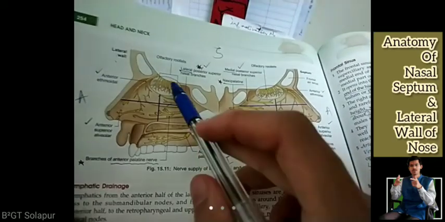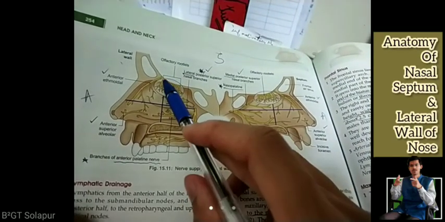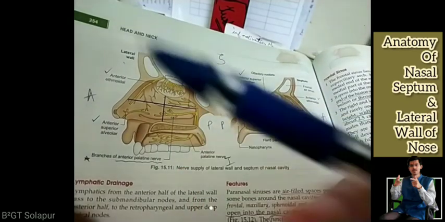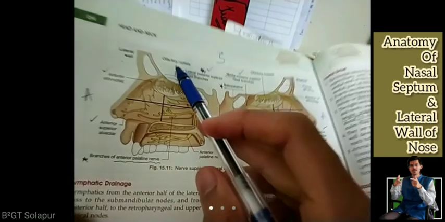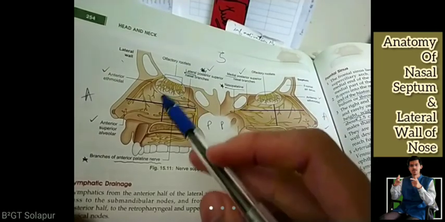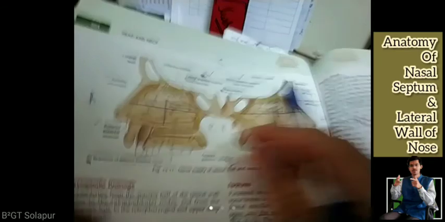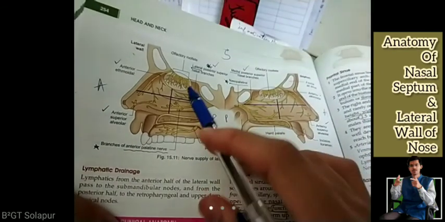See this. As I told you, the cribriform plate, the cribriform plate of the ethmoidal bone. What is coming out of it? The rootlets of the olfactory nerve. Are you able to see this? Olfactory rootlets. They are coming from the pores of the ethmoidal bone, as I already explained you day before yesterday and even some time before in the first video of nasal septum.